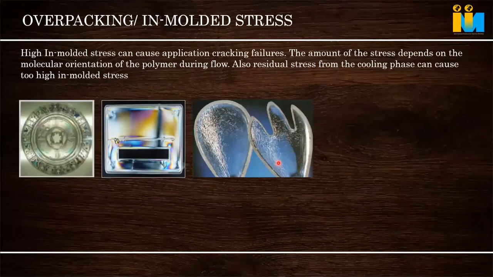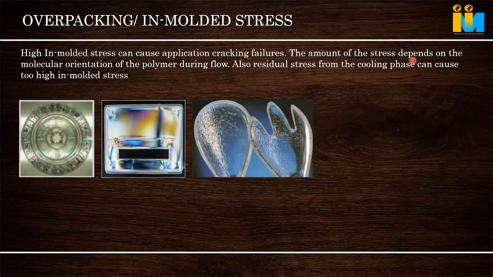This is a very, very interesting topic, and quite a mystery, people feel, because the crack doesn't happen immediately. Molded in stress means inside our plastic part, in plastic injection molding, we are working at higher pressure. It's a high pressure process, and we are injecting quite fast. So obviously, whatever higher packing or pressure we give, an amount of stress builds up in the part, because the molecules are pressed, so it will be in a stress condition. Whenever it gets a chance, it cracks on its own. That is known as molded in stress.